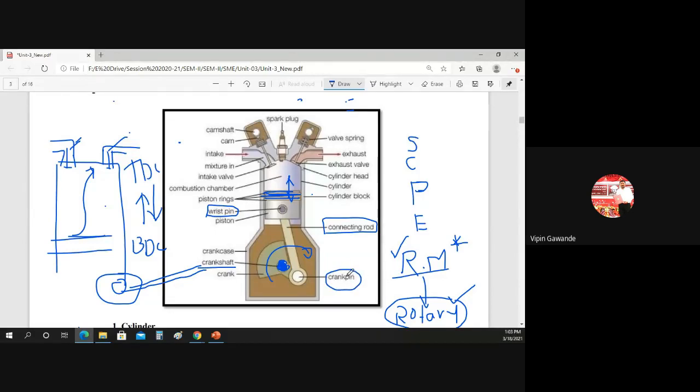Okay, so just remember these two things. Connecting rod is connected with the piston with the help of wrist pin, and it is connected with the crank with the help of what? The crank pin. Okay, so that you have to remember here. So remember all these names. This is very important. They may ask you any questions regarding this diagram. So this diagram is very important. You have to remember all these names for the examination.